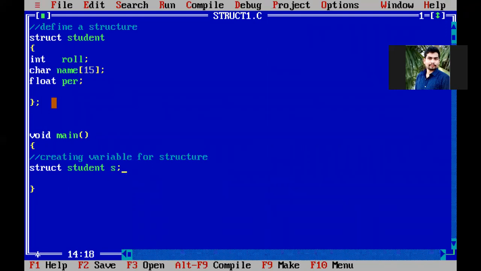That is a student structure type variable. Now tell me how to create a variable for student structure. First start with the keyword struct and then space followed by the structure name for which you are going to create the variable. So now I'm going to create a variable for student structure, so that name only I'm writing here, and then followed by